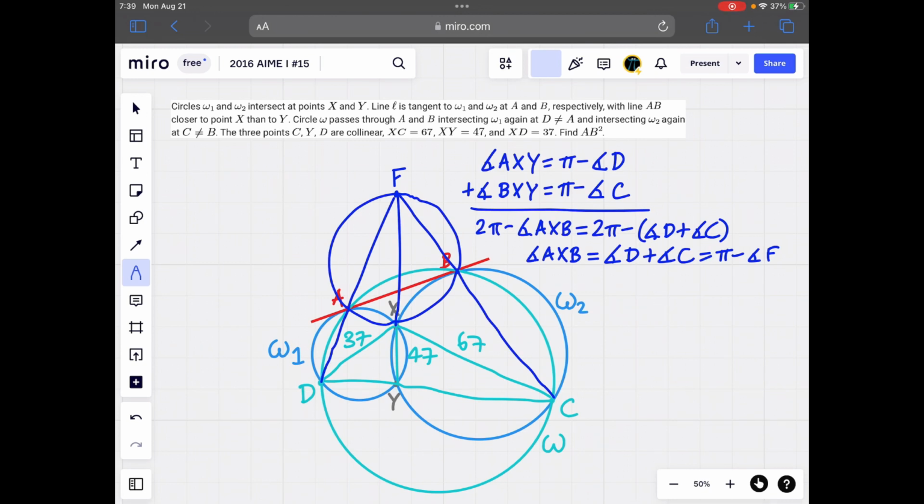And the reason it's pi minus angle F is because the sum of the angles in any triangle is pi. So we have directed angle AXB is equal to pi minus angle F, and that actually implies that quadrilateral FAXB